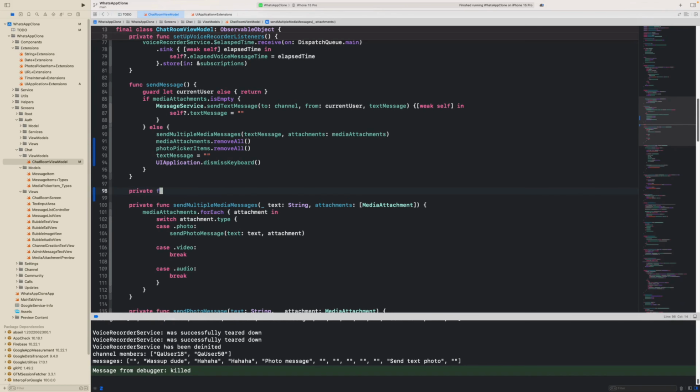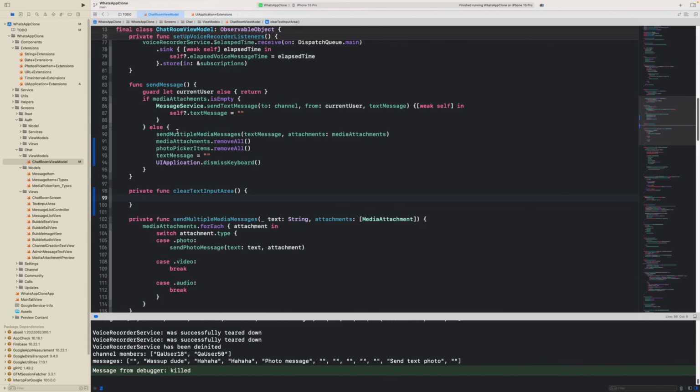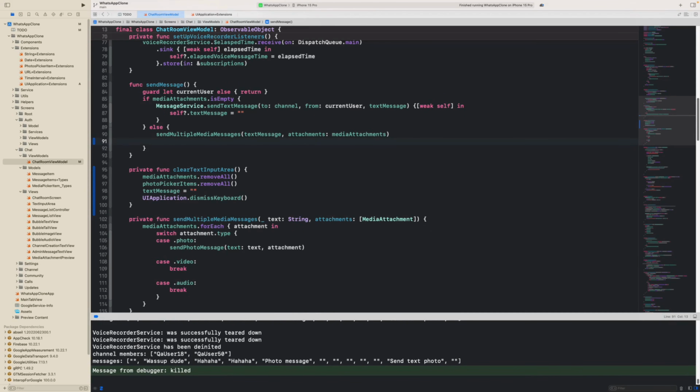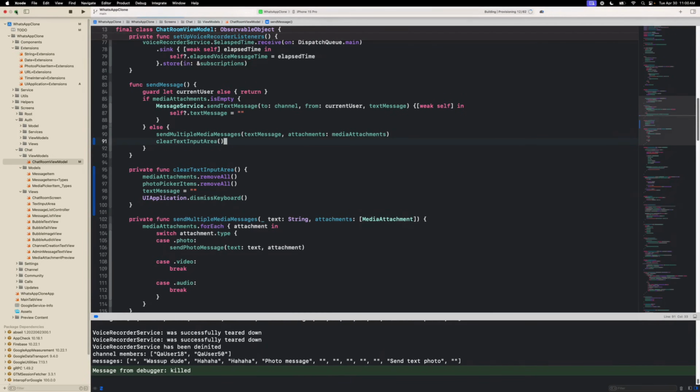So I'm just going to create another method down here. I'm going to call it clearTextInputArea, because that's really what this is. And what are we going to do? We're going to copy this removal and the keyboard dismisser in there, and then we're going to call that clearTextInputArea method. So let us run our application on the simulator, and we are pretty much done with